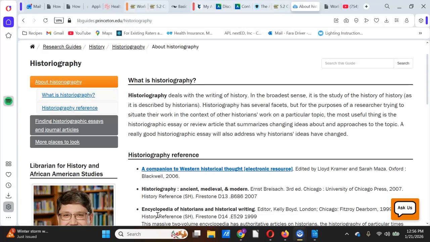Often when you are reading things from the past, you'll come up against the bias or perspective of the person writing it, because it will disagree with how we fundamentally think about things today. And that is actually one of the best ways to find yourself acknowledging or recognizing bias in primary sources, because it often has to do with things that we just don't think the same way about anymore today. The same thing applies historiographically,